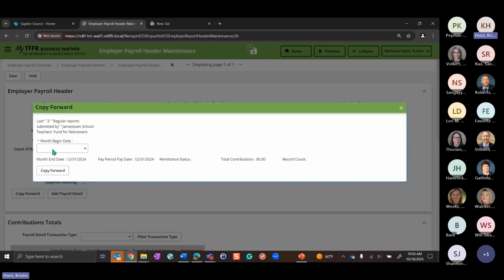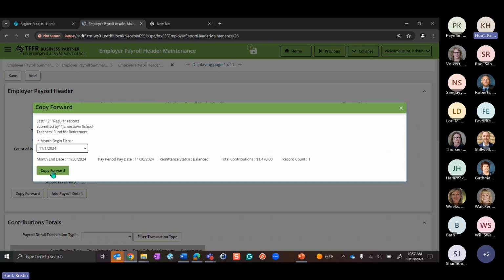What that does is it pulls in the previous months, and you can use that month and it'll populate that information and pull those same detail records for this new payroll month that you're doing. So you don't have to go in every month and add the same detail records over and over again, if that makes sense.